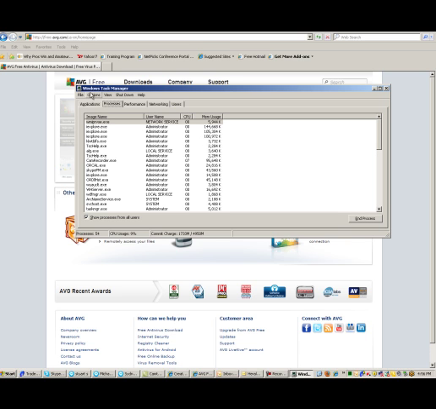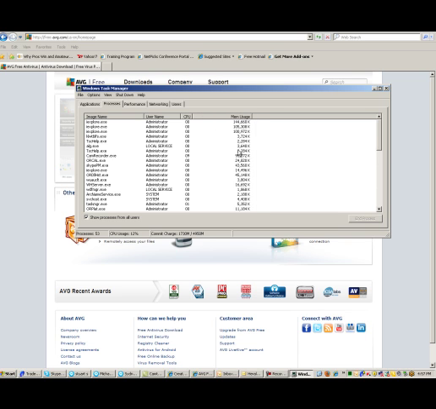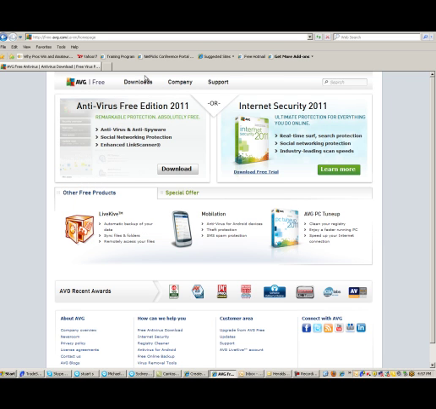Just Control-Alt-Delete will bring up your Windows Task Manager, and there you'll find your virus software listed, and you just go to that. Have a look at how much usage it's pulling, what its current usage is, and how taxing it is on your CPU. That's definitely one thing you want to do when you're checking your virus software. So that's the link there for the free AVG antivirus edition, and we'll go on to our next topic, which